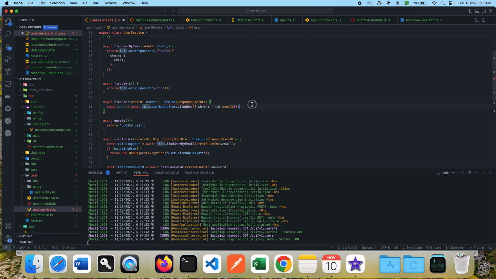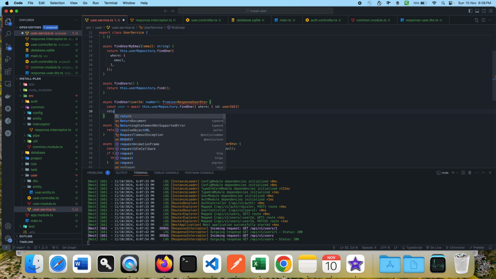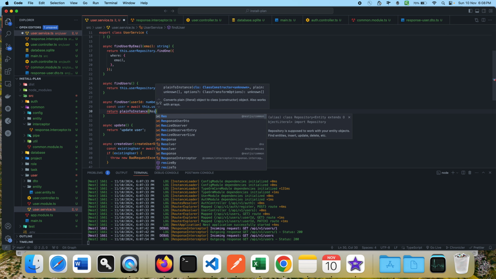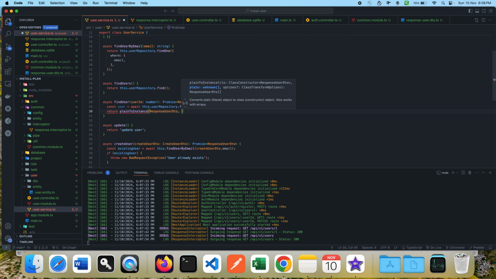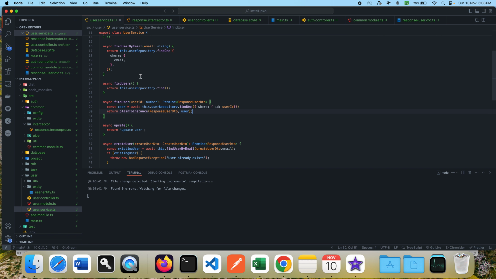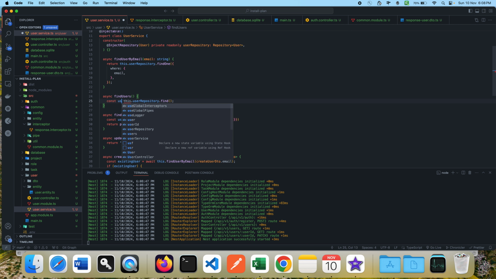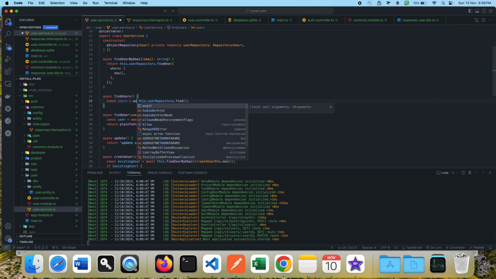And I'm going to return plain to instance response user DTO and here user. Alright, now similarly what I can do here, since this will be an array users,